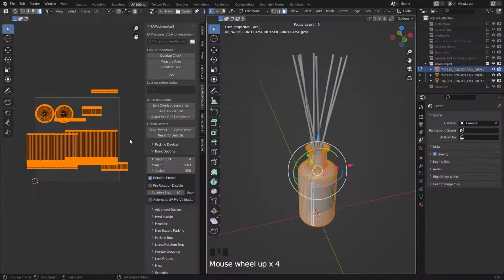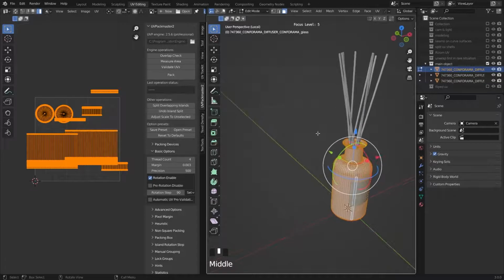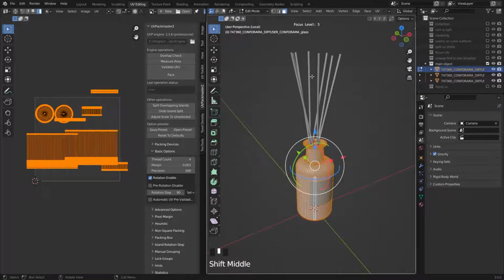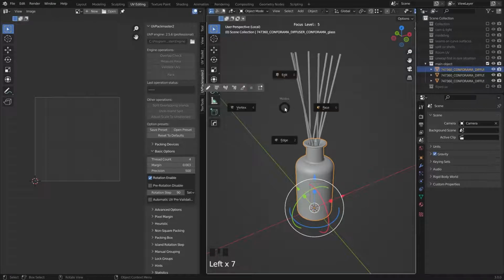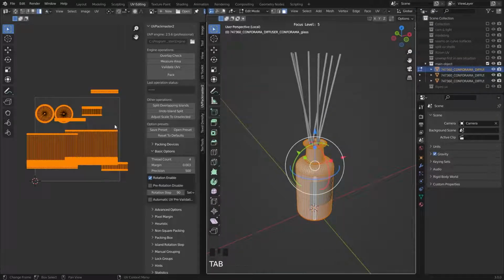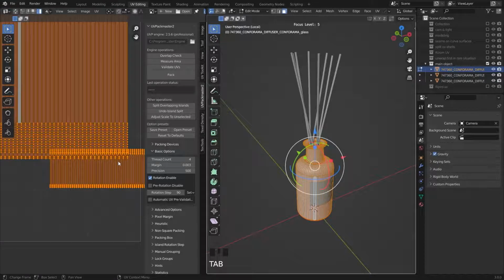The next and last function is packing your UV shells. Before you pack your object, you should finally partition your object, and I decide to put all the woods in one object, glass in one object, and the label in one object. So I click on the glass and select all the UVs, and it's important to know how many pixels we have for edge padding here.